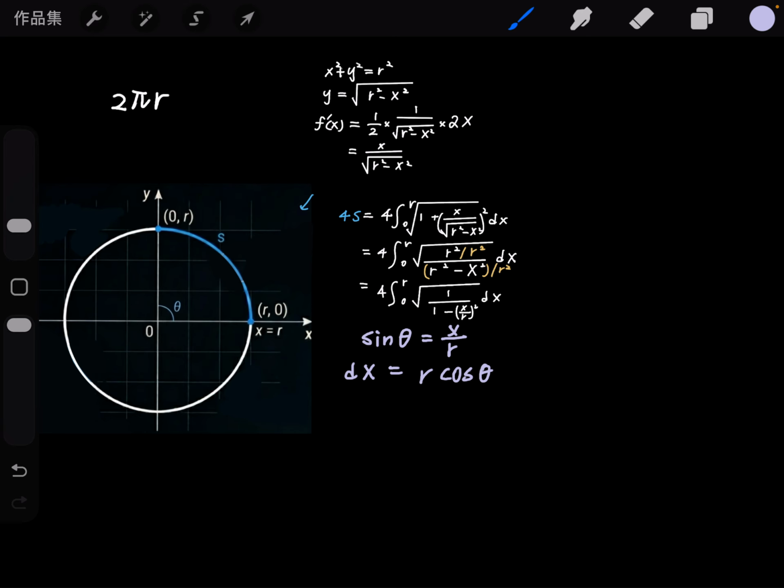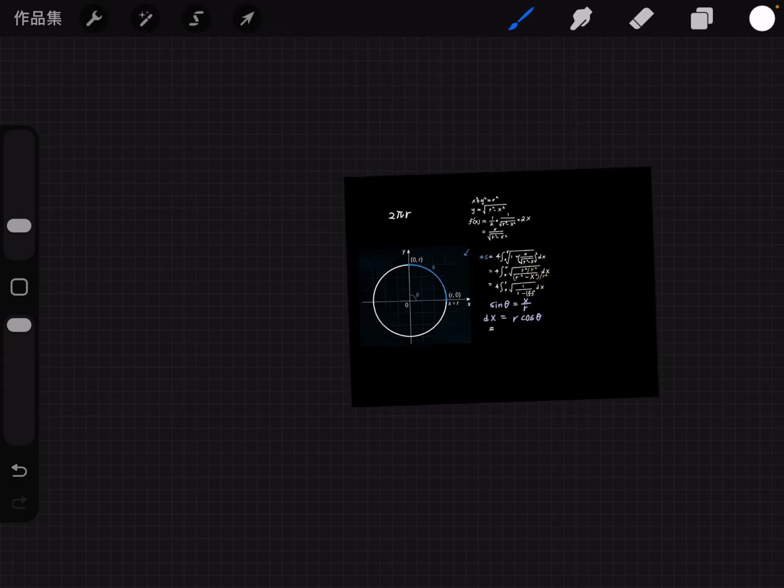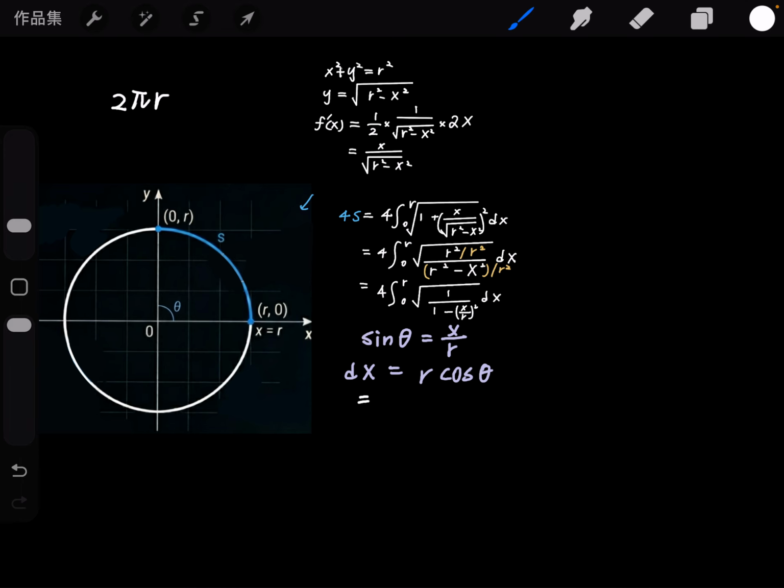So your original equation will be 4 times the integration from 0 to r of, okay, so now it will become cosine theta,